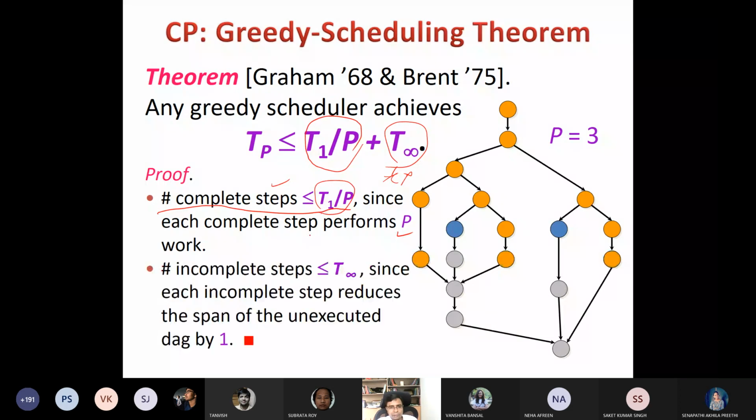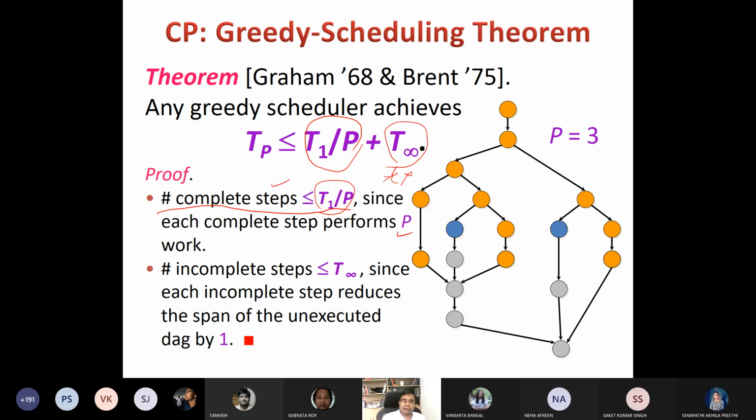And the next one is the incomplete step. The number of incomplete steps is always less than T infinite, because there is a critical path at any point of time. So the number of incomplete steps will be less than T infinite, since each incomplete step reduces the span by 1 unit. Because of these two reasons,